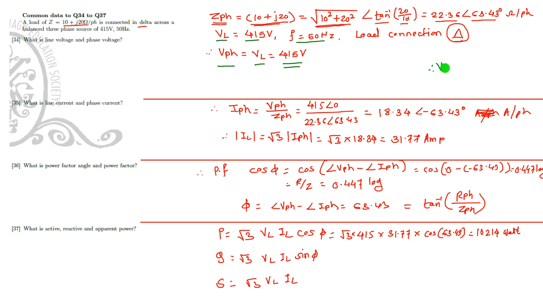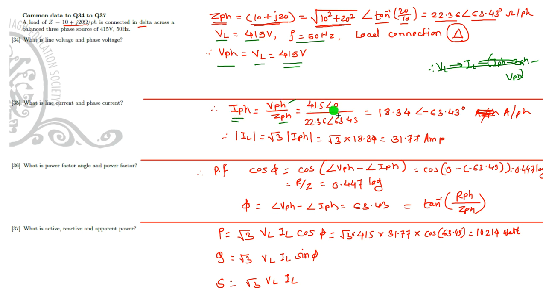Keep in mind our journey should be like this. From the phase values we have to determine the phase current. The phase current must be calculated from ZPH. So IPH is equal to VPH upon ZPH. It should not be IL is equal to VL upon ZL. It should not be like that. As the impedance is per phase, we'll get the per phase current first. So per phase current is equal to per phase voltage divided by ZPH.